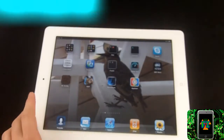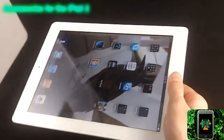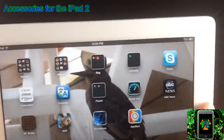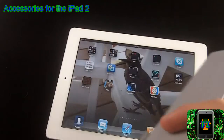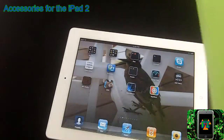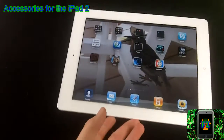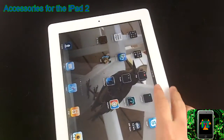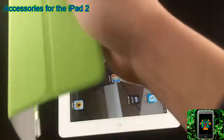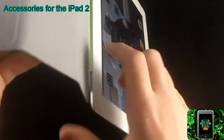So, guys, now let's go over the accessories. You may have already noticed this, but I have the smart cover on, which is really the main accessory for the iPad 2. So, it's pretty much the most hyped up accessory. It's just a cover, just for your front screen, and you take your iPad, you take your cover. So let's flip it around like this, and then you kind of drag it on,